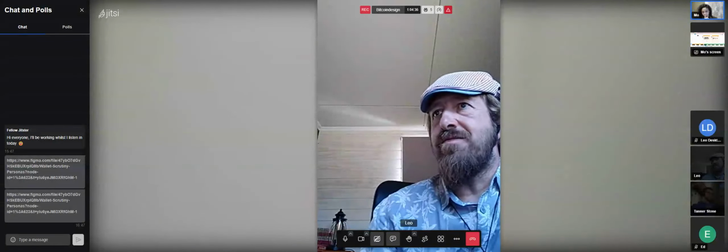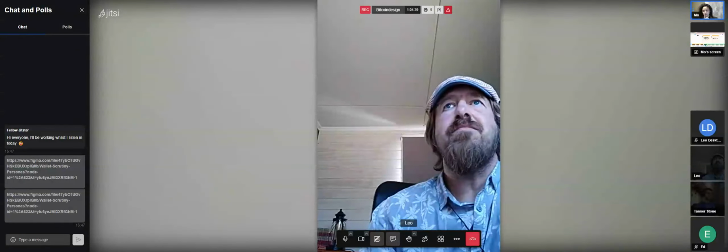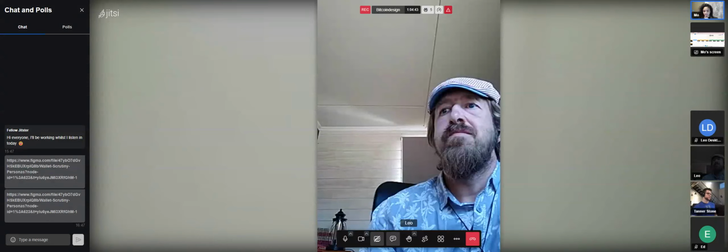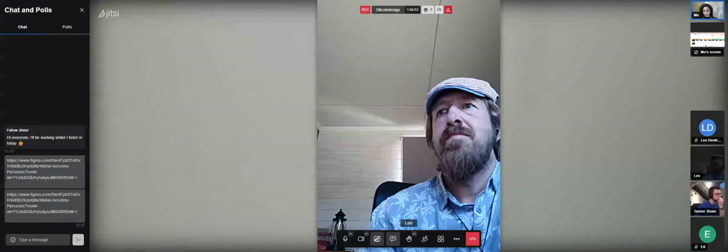So I created this user journey map, but now I'm feeling like this is probably not the user journey map, because the user would be this more technical Bitcoiner. They would have a problem. So the problem would be, what would you say?